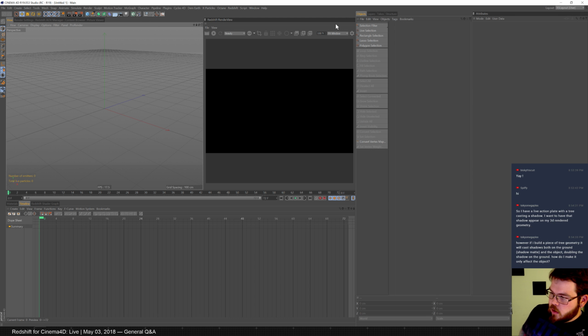All right, so Tokyo, I read your thing in Slack, and you want tree geometry. It will cast shadows on both the ground, like a shadow mat, and an object, doubling the shadow on the ground. How do I make it only affect the object? Okay, so